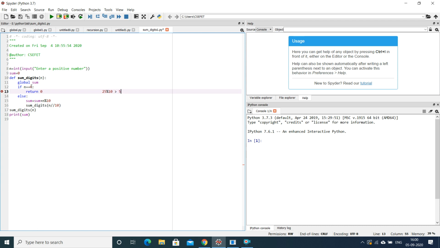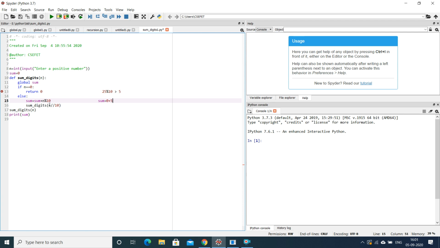If we have input a number and this number is not equal to 0, for example let the number be 25, the function goes into else and the statement becomes sum is equal to 0 plus 25 mod 10, where 25 mod 10 is 5, so the statement becomes sum is equal to 0 plus 5, so the value of sum will become 5.